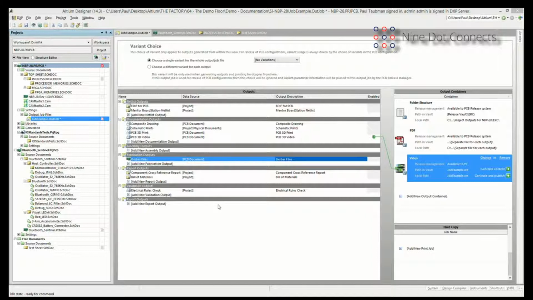Well, it's a batching file. And that may be a term you haven't heard in a while because we don't normally batch things anymore. That's kind of those things that we did 20, 30 years ago when we were doing mainframes, and we had to basically queue up things in order to get them through the processor. But this is a batching file because it basically allows Altium to queue everything up and produce these output files